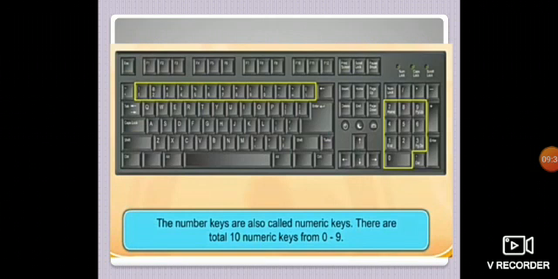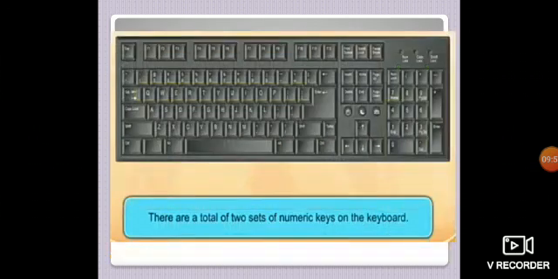Here you can see the circled area with the yellow part. You can see there are numbers, which I explained to you earlier also, the number keys. I have explained that there are a total of 10 number keys from 0 to 9, as seen in the given picture. Here we go. We can move to the next part.